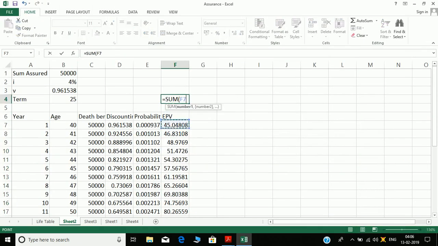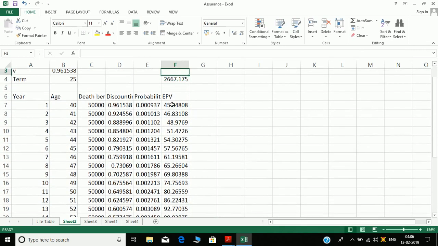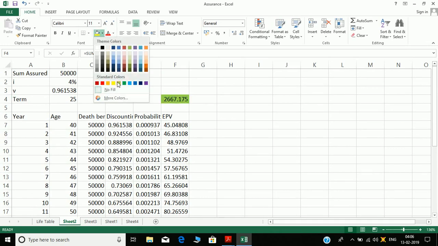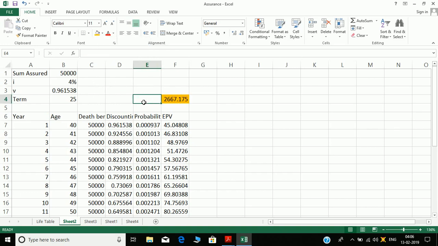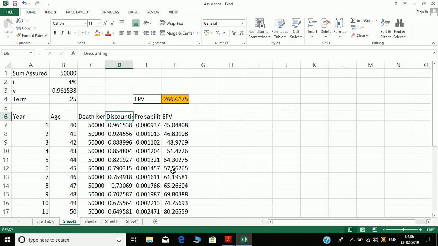So the sum of this EPV will give me the EPV of the term assurance. So this is my final EPV, this is the final EPV which I get.